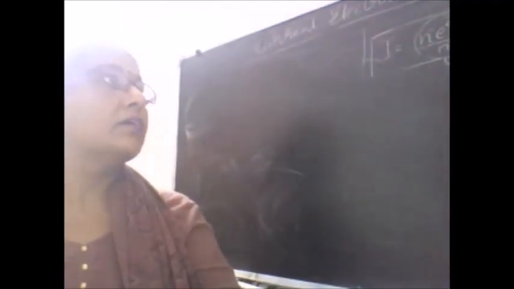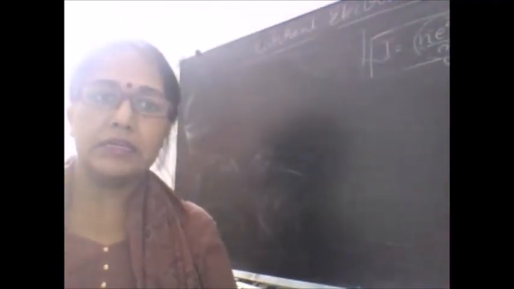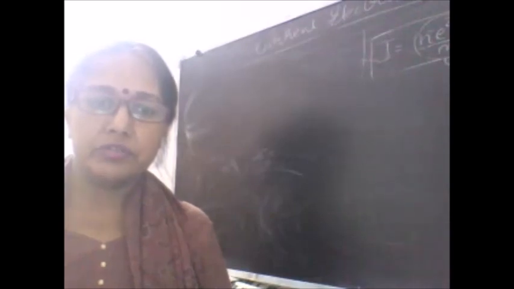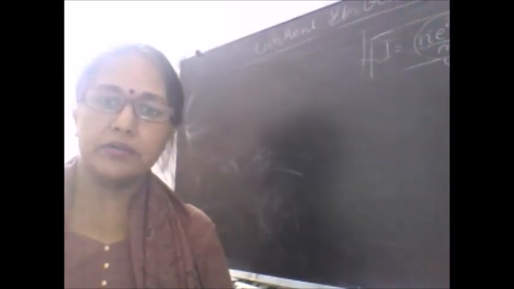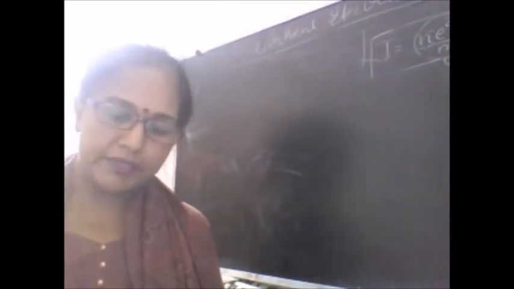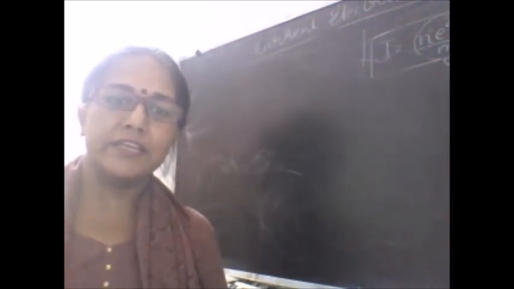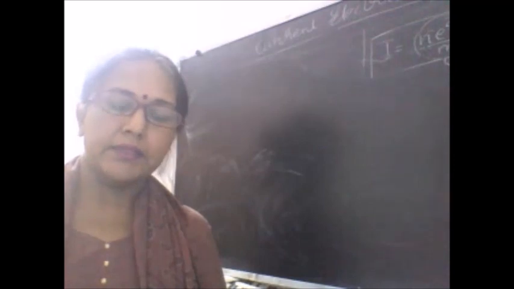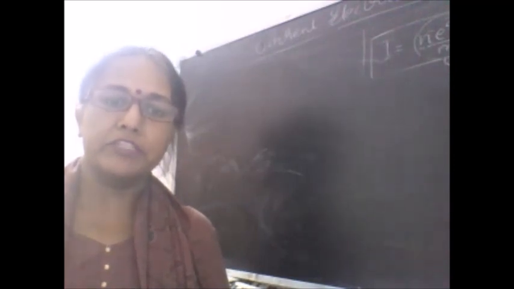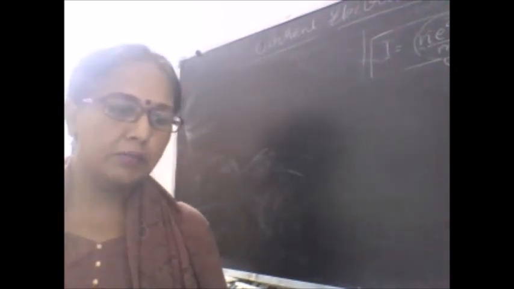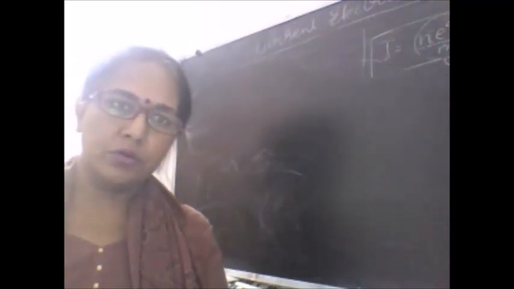Okay, that is it in this class of current electricity. We have done certain graphs also which distinguish between the conductors and the semiconductor. In the next class we'll study the combination of the resistances and the cells, and in the last we are going to wind up the chapter with potentiometer and the meter bridge. So that's all in this class.